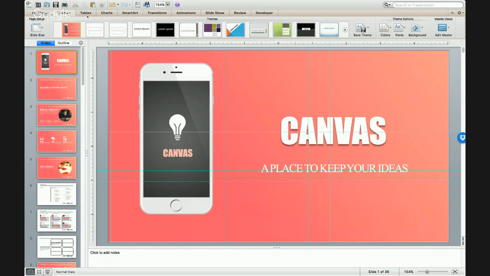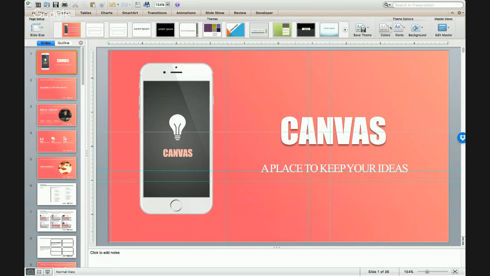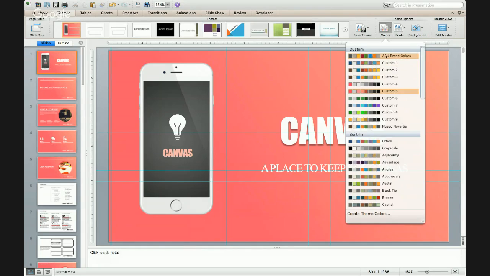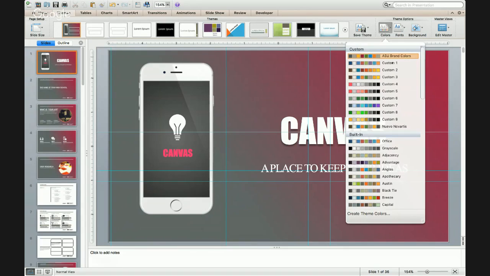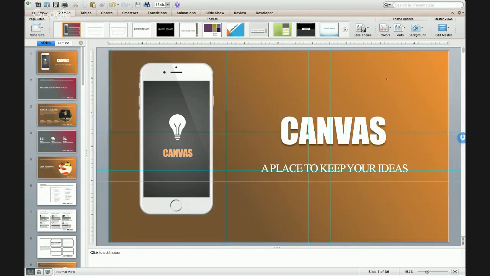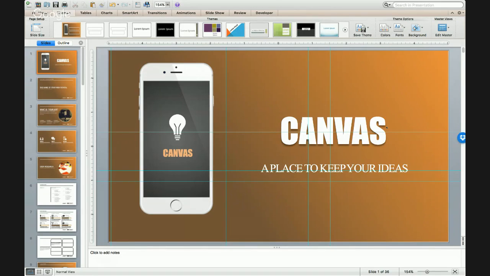We've got home, themes, tables, charts. I'm going to go to themes. I'm going to click on colors, which gives me a drop-down menu. And as you see, I can change these colors to anything I want. This is ASU brand colors, all right? But it's kind of ugly. What about this? It's a little better, but it's not great. What about this guy down here? Wow. Okay, so